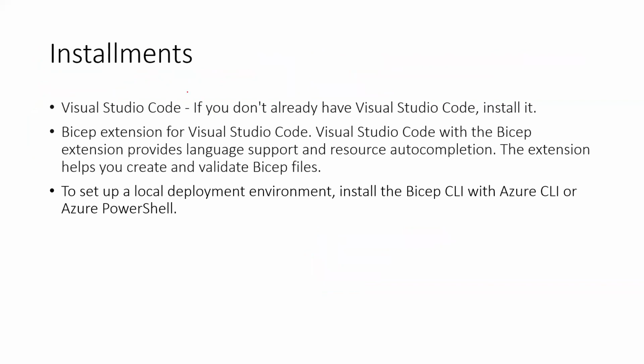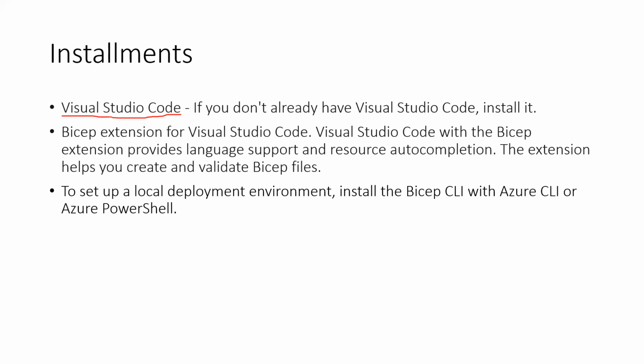Before we start, we need to have these things ready, so that you can create your Bicep files and go with your local development and the deployment. You need at least Visual Studio Code, although you can use different editors. You can start with Notepad or Notepad++ as well. But if you have Visual Studio Code, it will be easier for you, because it comes with extensions which help you write the code very easily, because it provides some kind of IntelliSense. It helps you in validation, all those things.